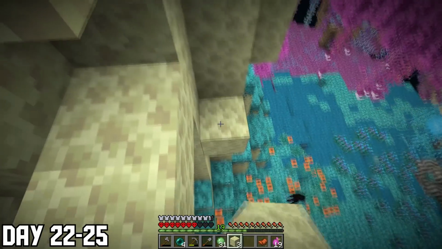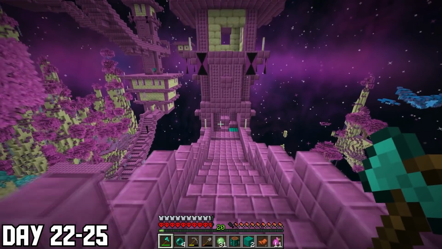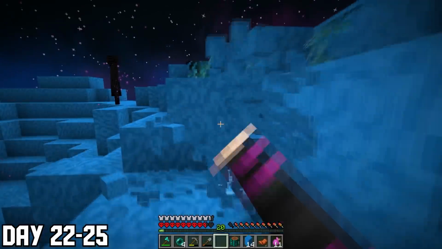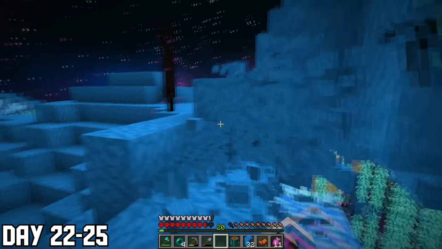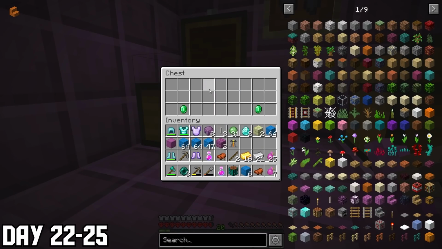I went down to the ground and crafted myself a diamond axe, and I had already looted the entire city. I was just missing the ship, and I found this mushroom that gives you blocks instantly, which was very useful. I bridged over to the ship and looted the chests,